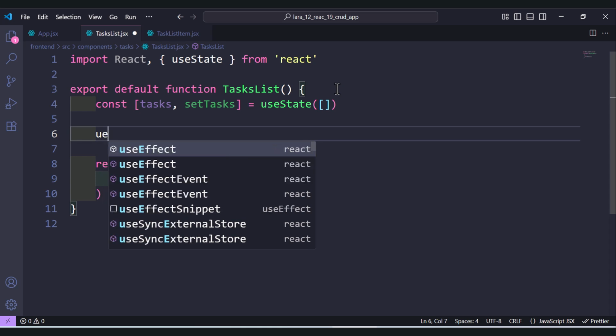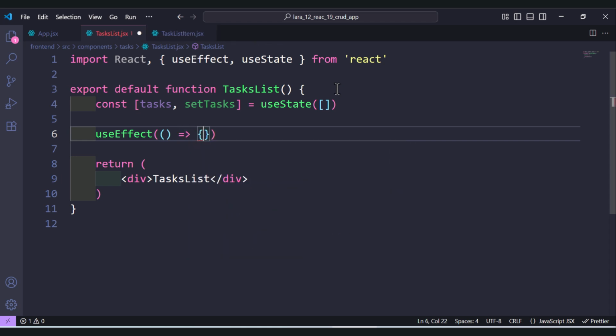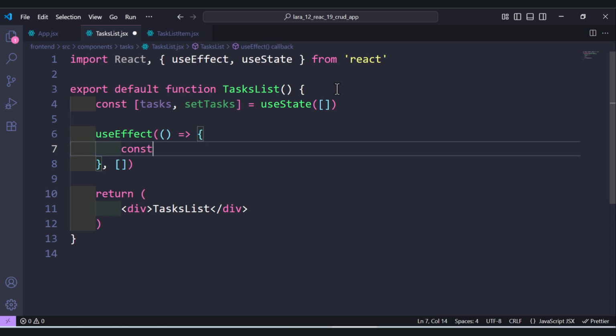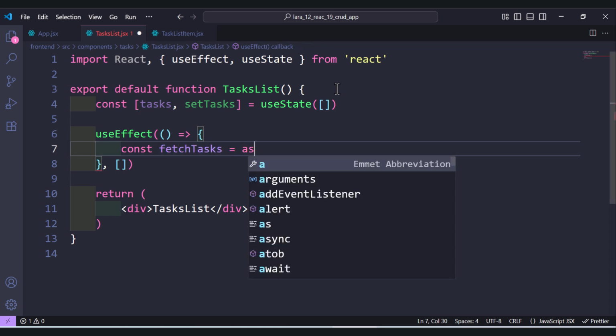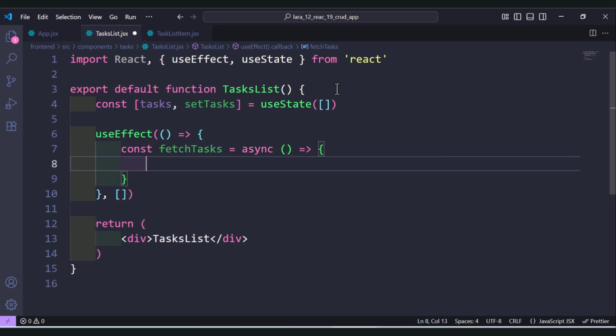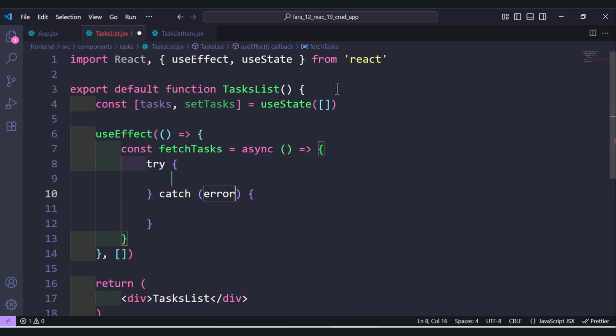So once we load our component, we need to fetch the tasks. So let's define a function and let's call it fetchTasks, and it will be async and await. And here what we need to do, let's define try and catch. So we have the response, and we need to wait until